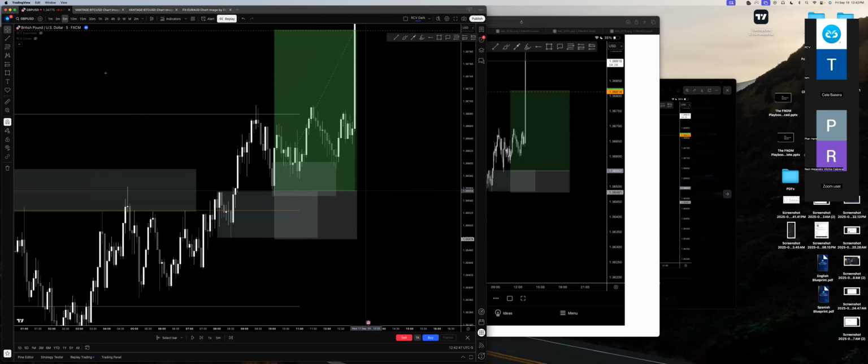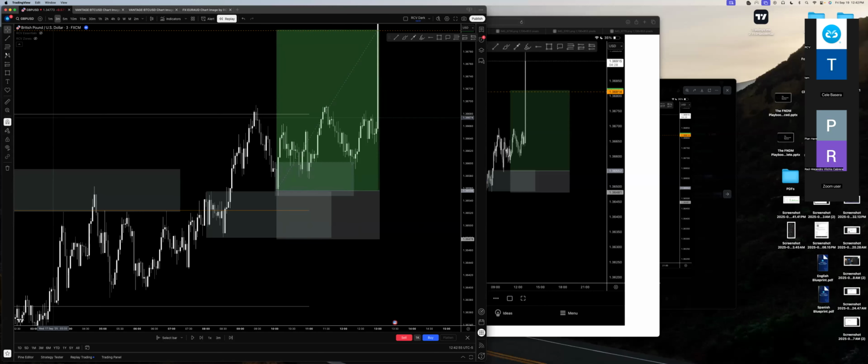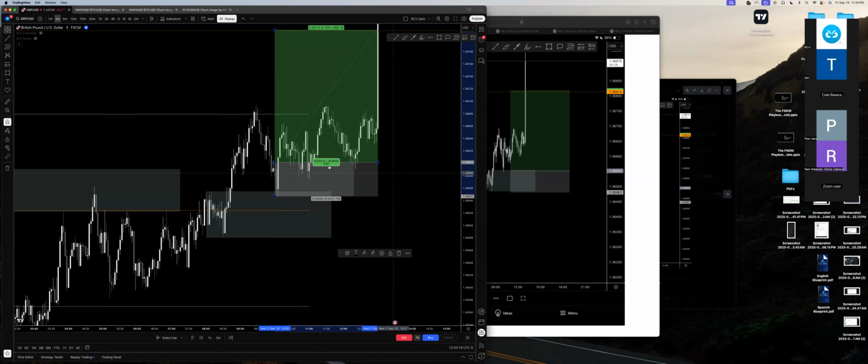But if you can see closely here, there's actually another model here, or actually a better entry, I'd say. By that I mean that we took internal structure after the reaction of the sell to buy, so now looking at an internal move, we have an internal sell to buy here. If I had taken even this perimeter, that's also 100% valid in my opinion, and that would have been a better risk to reward than my original position. As you can see, it's almost a 1 to 4.